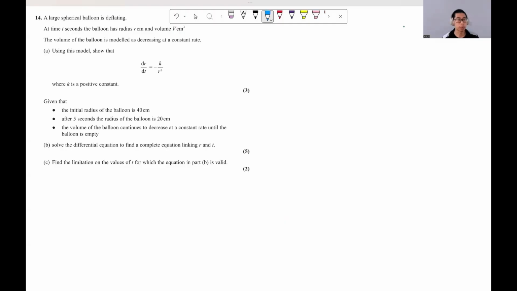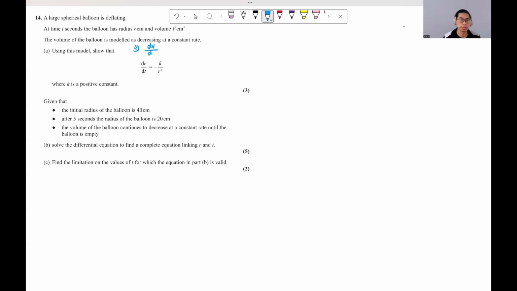Okay, question 14. A large spherical balloon is deflating. At time t seconds, the balloon has radius r centimeters and volume V cubic centimeters. The volume of the balloon is modeled as decreasing at a constant rate. So that means